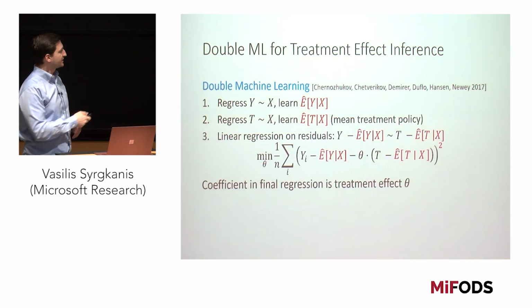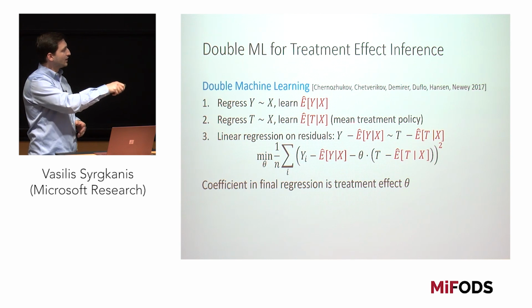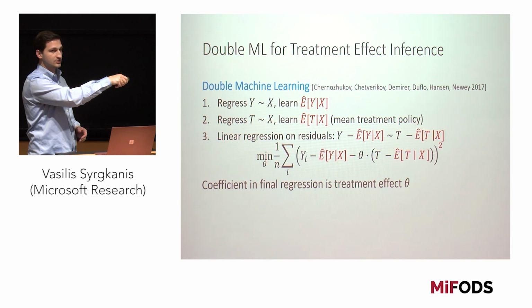And now the interesting part is that if you write the residual of the outcome, whatever you could not predict from the confounders, then this has a linear relationship with the residual in the treatment, which is whatever you could not predict from the treatment. Okay? And so in a final stage, you can just run a single-dimensional linear regression problem that regresses this unpredictable part of the outcome on the unpredictable part of the treatment. Right? And so this is the simple square loss minimization here.